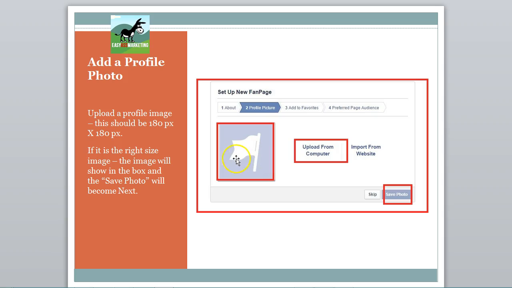This is the profile picture. On the Facebook page, there's a little square image that shows up on the left-hand side toward the bottom of the cover, and that is your profile pic. So it needs to be 180 pixels by 180 pixels, and you just click the Upload from Computer. That's going to open the dialog box for you to select your image from your computer. And then once you select it,